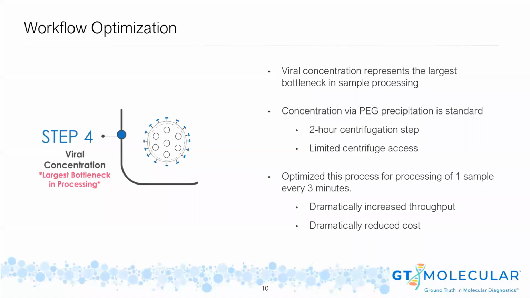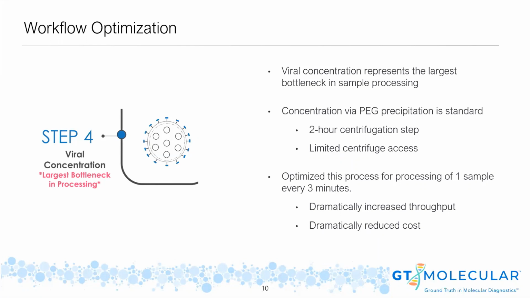A polyethylene glycol viral concentration step is common practice in many commercial and academic laboratories. This procedure requires a 2-hour centrifugation step, and due to limited spacing in the centrifuge, a single operator can only process a handful of samples in a full workday. And often labs don't have several of these large centrifuges around for multiple operators to use. So this step really represents a bottleneck in testing that often results in the missing of that critical window for